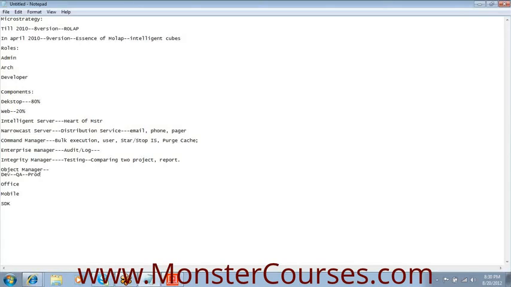You may have a validation or a staging environment as well, but whenever you create a new project, that object you need to migrate to QA and production. So you use this particular component for migrating an object from one server to another server. Now you can ask me, apart from migration, will Object Manager work for anything?